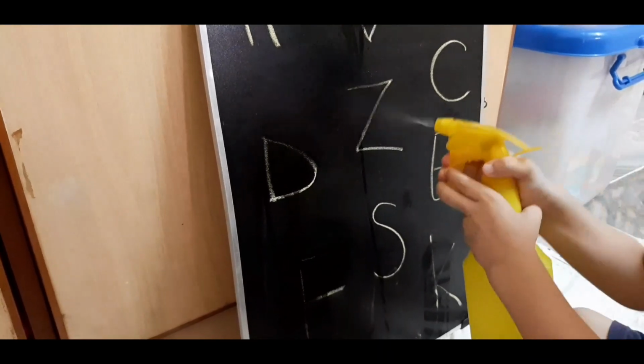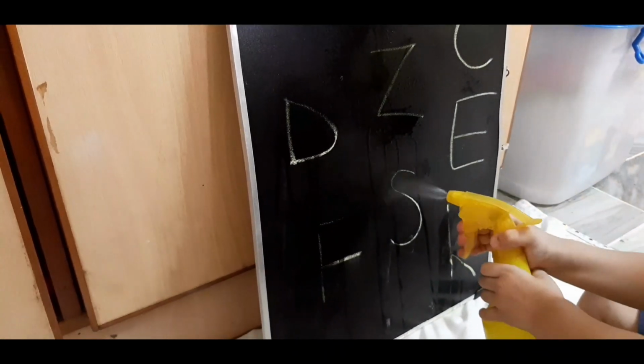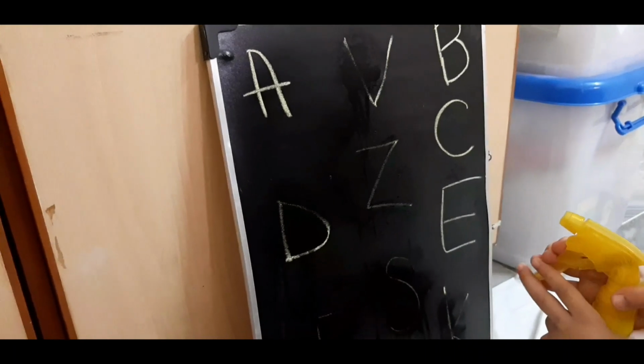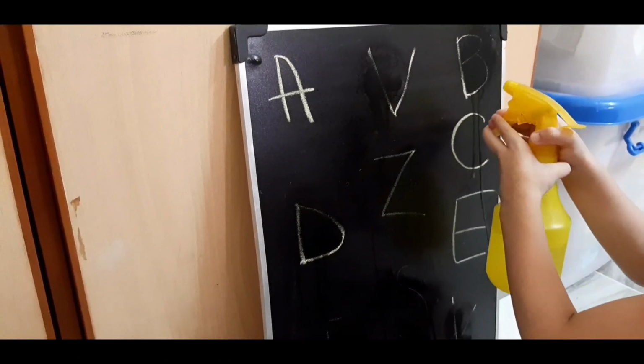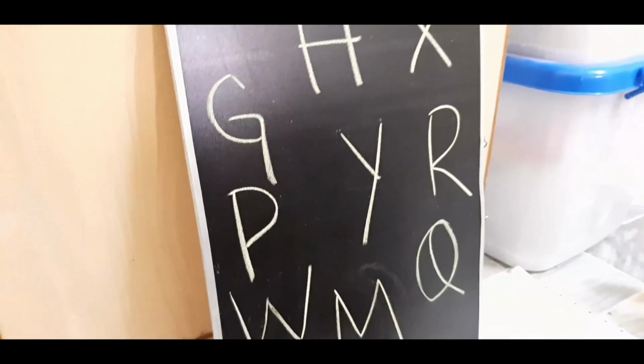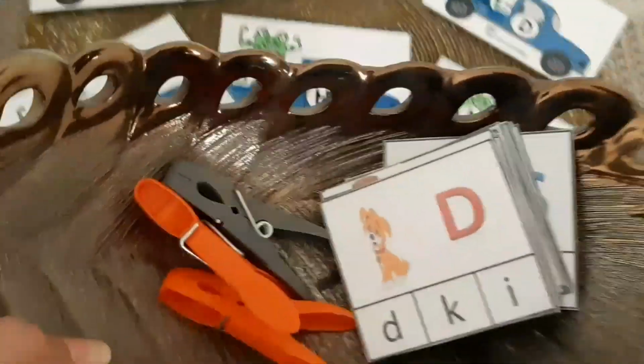As you know, for some kids, learning their ABCs comes easily, while for others, it is a struggle. Every child learns differently, so these kind of activities can help them learn their alphabets, and with this activity they can do a lot of things. They can learn their names, they can learn the lowercase letters, and so much more. Let's move on to the clip activity that I have for you over here.